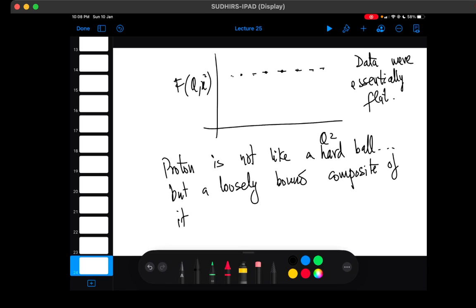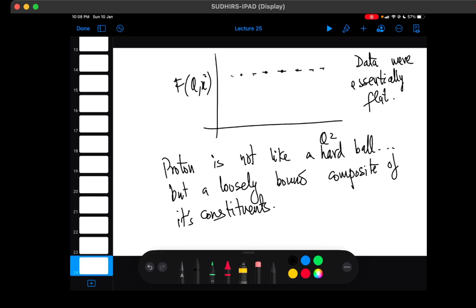So that is one thing. It's already known that the proton is not really like a hard ball. That means that it is made up of some loosely bound constituents. And furthermore, it's not like